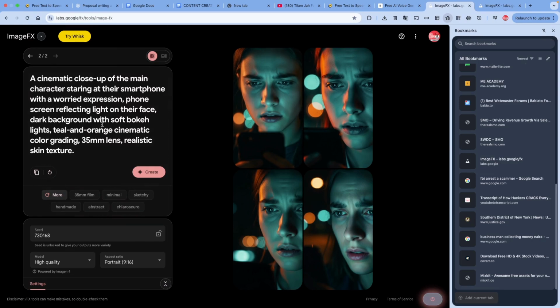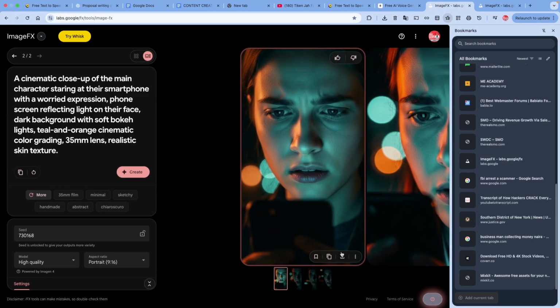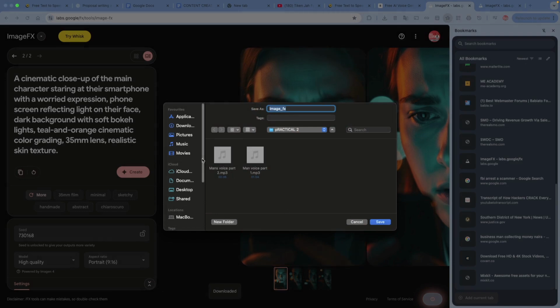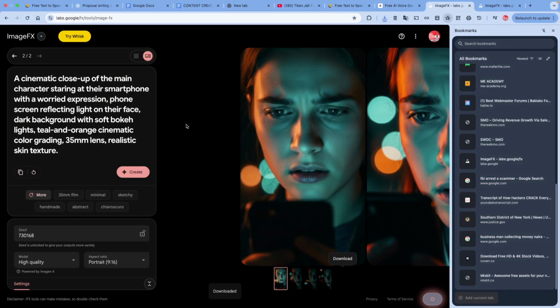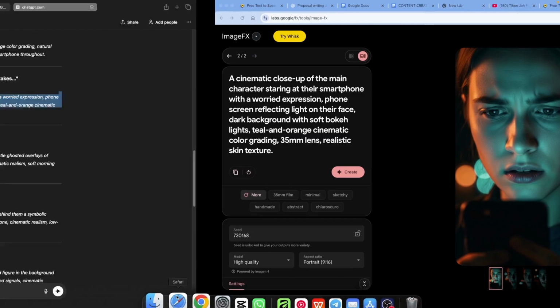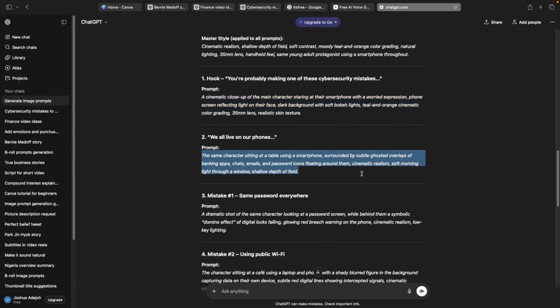Let me see this one. Okay, so let me download this first image. Okay, I can paste it inside this part. Okay, then I go again, pick the second prompt,